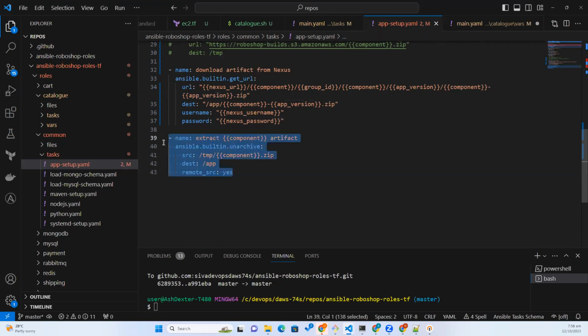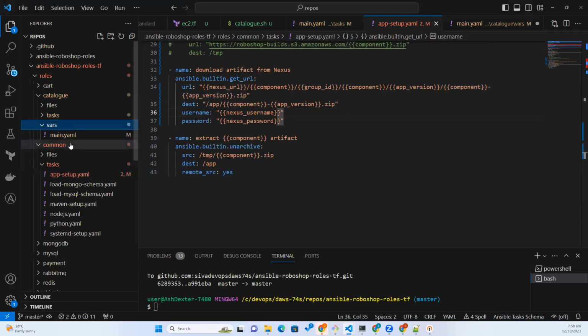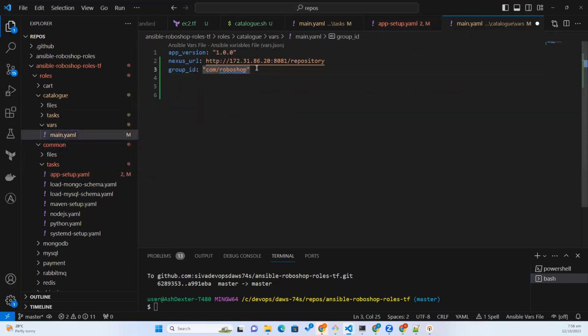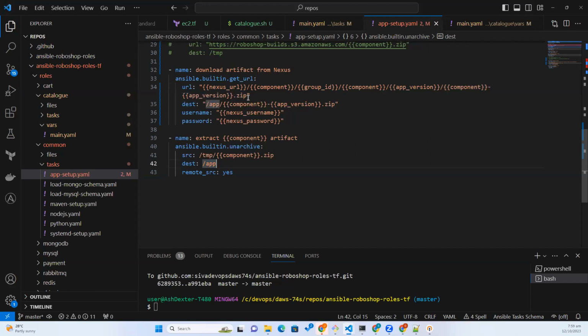Nexus username is admin, Nexus password is admin123. Okay, so now this Ansible will connect to this server with this username and password, fetch this and then store